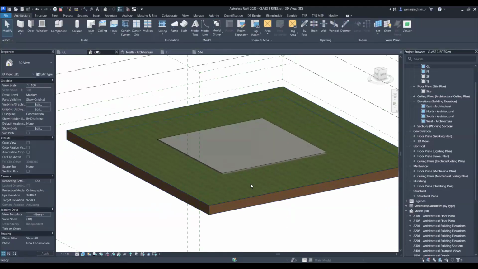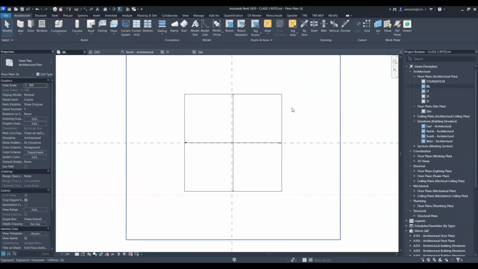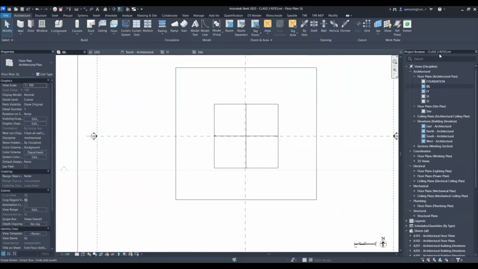All right. Now let's create a very simple structural grid and also start placing structural columns, because as you know, this is a structural floor. So everything we'll be doing is as per the structural design. Let me go to GL, and here let's just start placing the grid. From where can I place the grid? I can go to the architecture tab, and